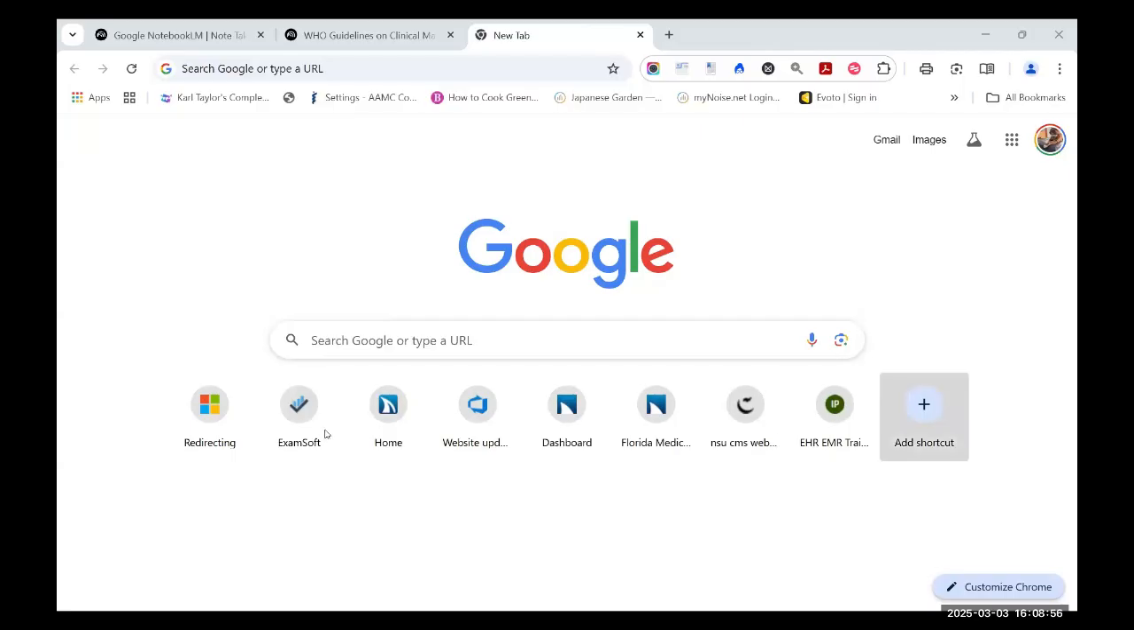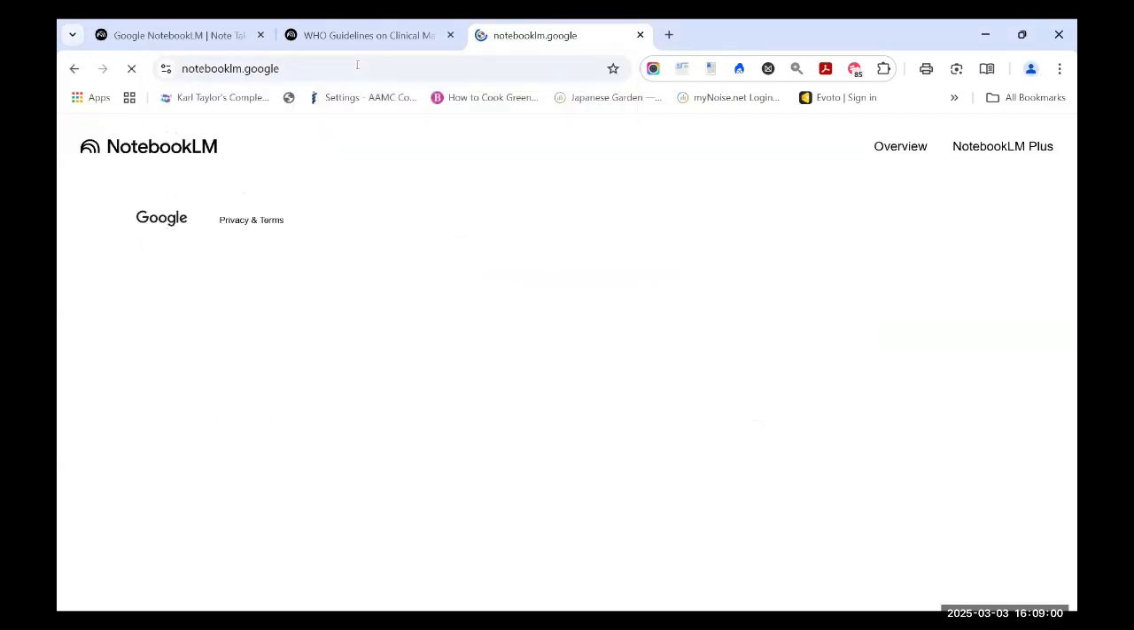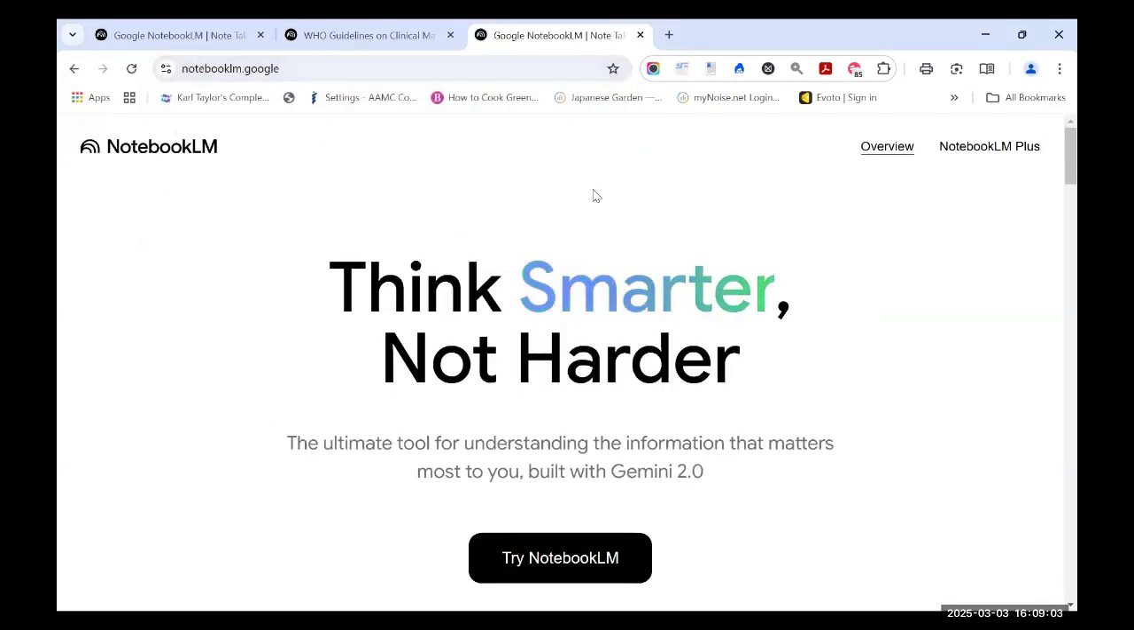Okay, we're going to do a brief demonstration of Notebook LM. So first, let's go to Notebook LM. Actually, my version of Notebook LM is Plus. Note that you need a Gmail account in order to access Notebook LM. So let's click on Try Notebook LM,